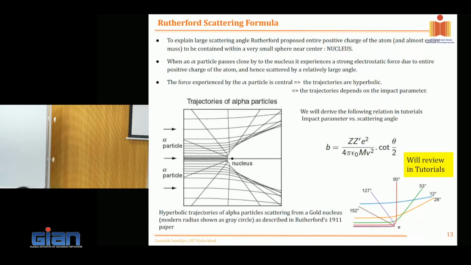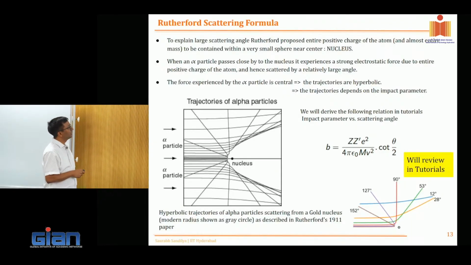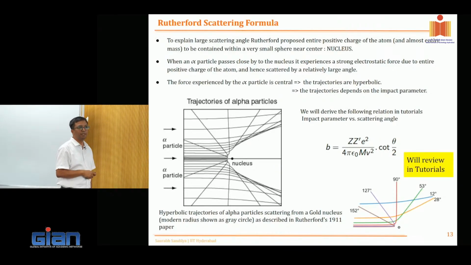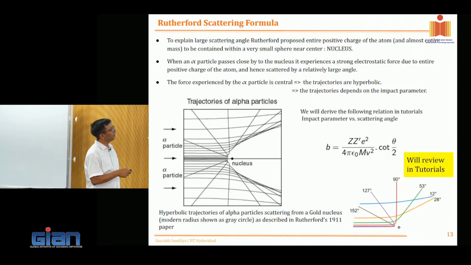Okay, so this is the thing you saw in the simulation. Most of the tracks are hyperbolic, and these are plotted as a function of impact parameter and different scattering angles. In the tutorial we'll try to deduce this relation, that the impact parameter has this constant,